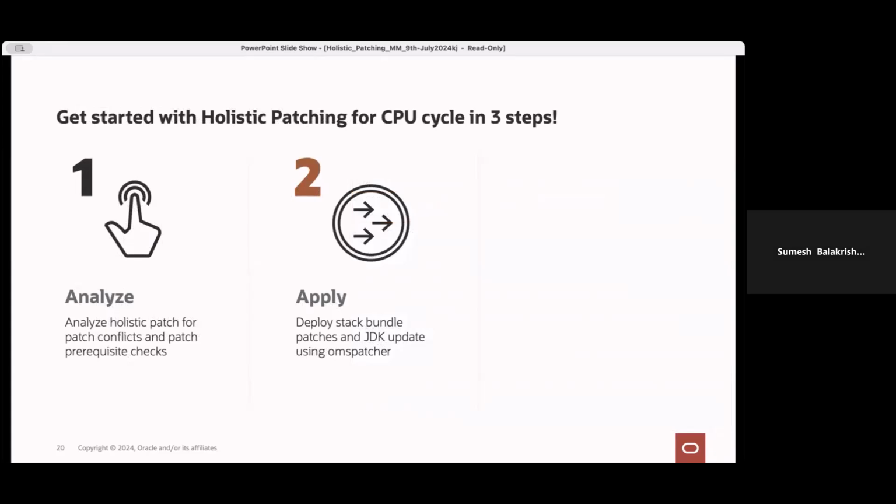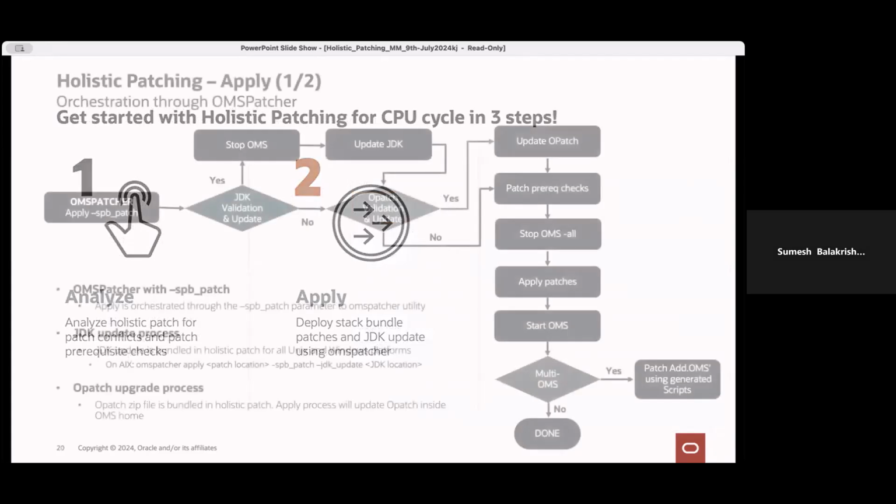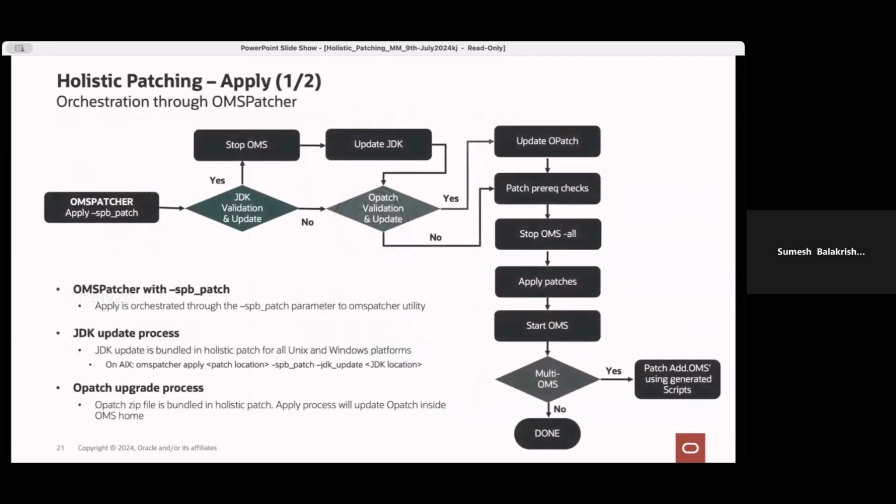The next phase is the apply phase. Here on the top, you can see the flowchart, which talks about how the apply is orchestrated through the OMS patcher utility. As a first parameter, you will be calling the OMS patcher with -SPB patch. So when you call OMS patcher apply with the patch location and pass -SPB patch, it'll internally